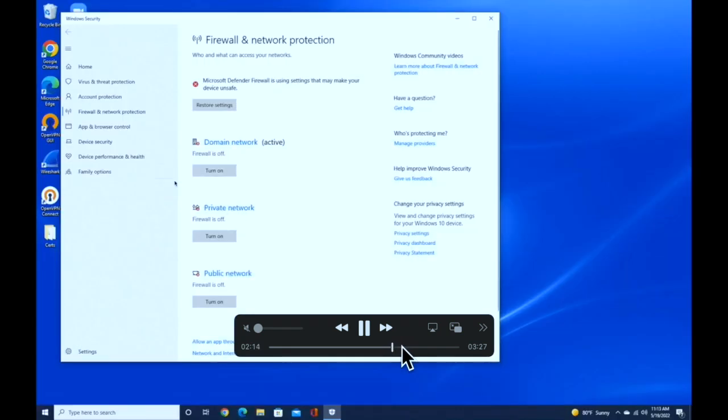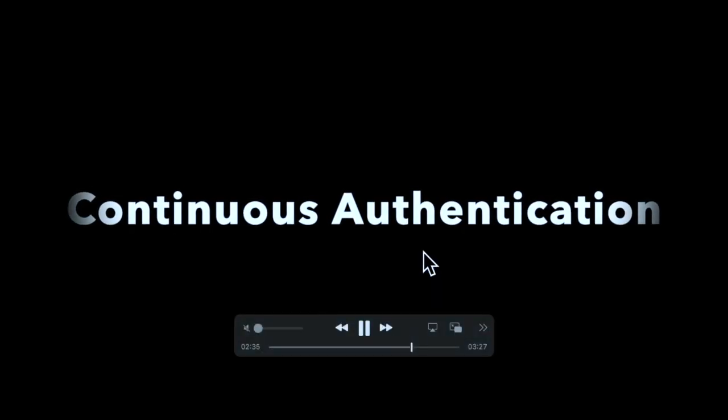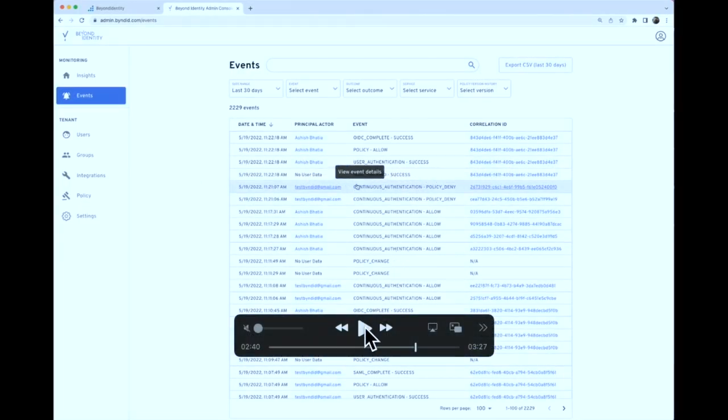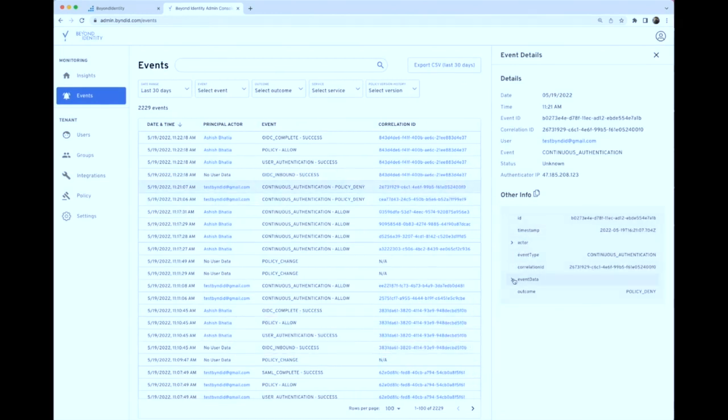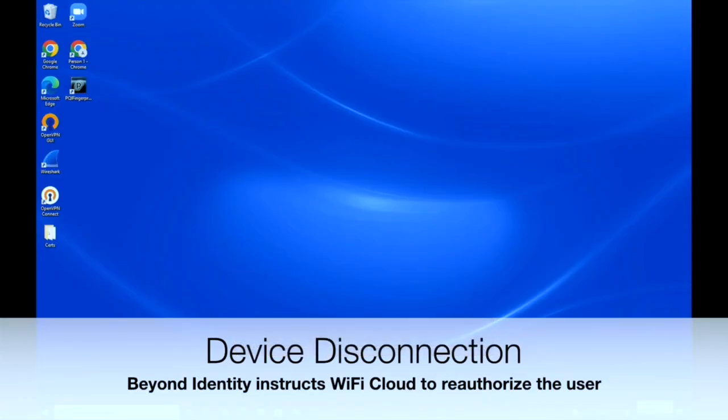Now I'm going to change the posture on the device. And I've turned the firewall off. Now what's going to happen is you're going to see that continuous authentication is going to take place. And at this point, within that interval, maybe that 10-minute interval, you can see that the posture is now changed. A deny policy comes into play, and a closed loop integration will occur. So this is the true zero trust access that you're seeing here. The identity layer detecting that the authorization has changed, and now I'm enforcing it on the network. So here is where the device disconnection would occur.